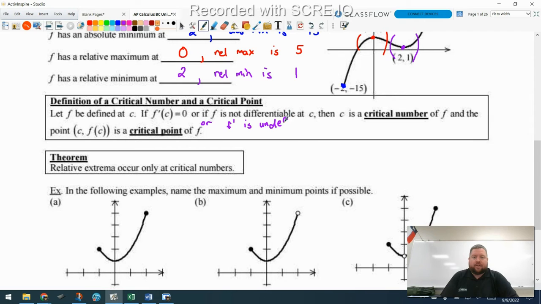Sorry, I have to spell correctly here. All right, then that means that c is a critical number of f, and the point c, f of c, is a critical point. All right, theorem: relative extrema